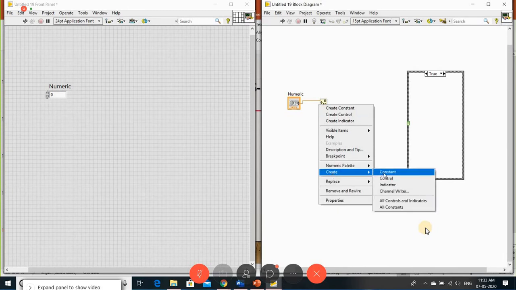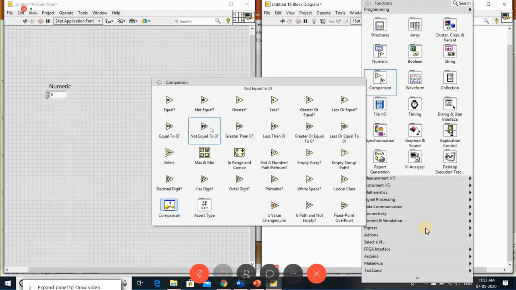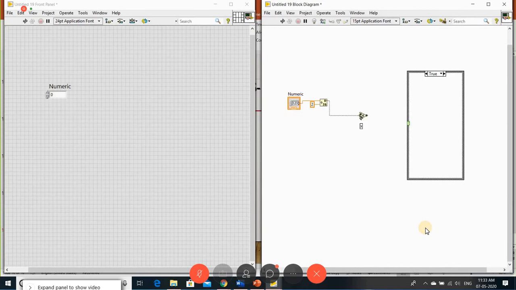Create a constant. I'm checking that the remainder is equal to 0. Now here I have two cases. That is a Boolean case. One is the true case and another one is the false case.